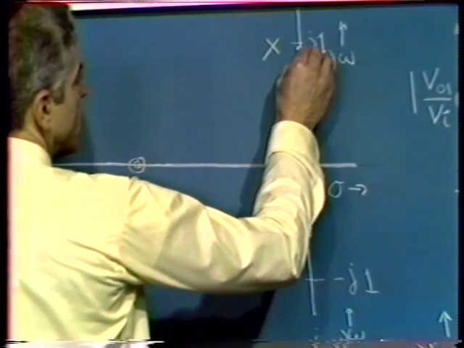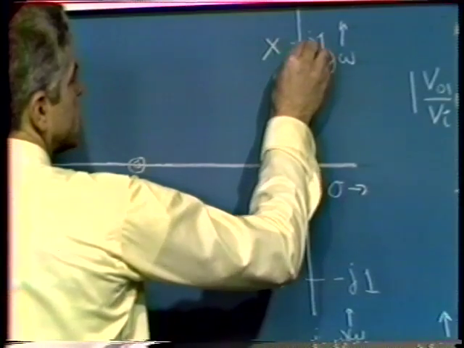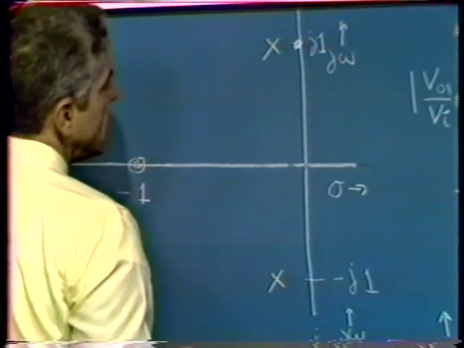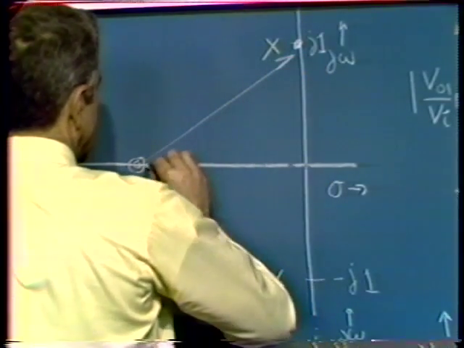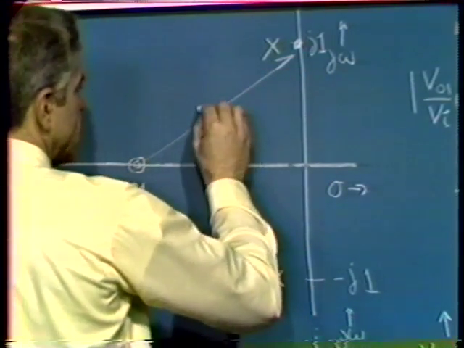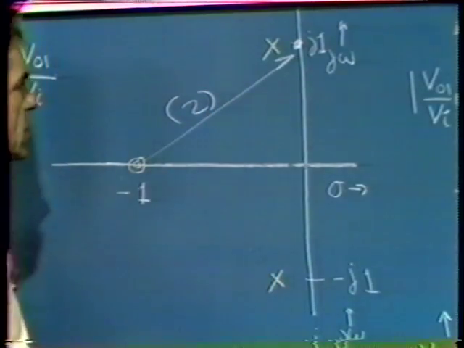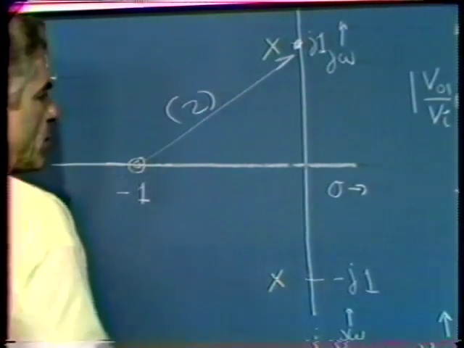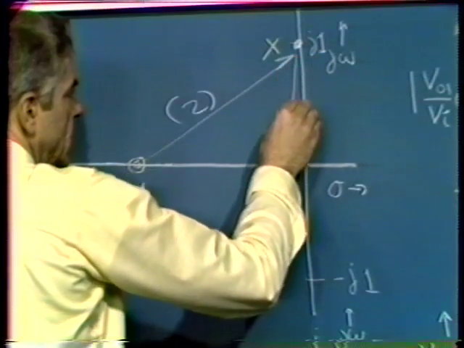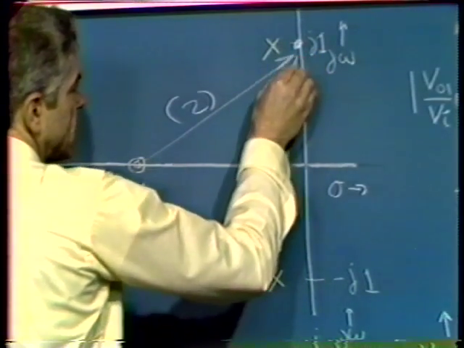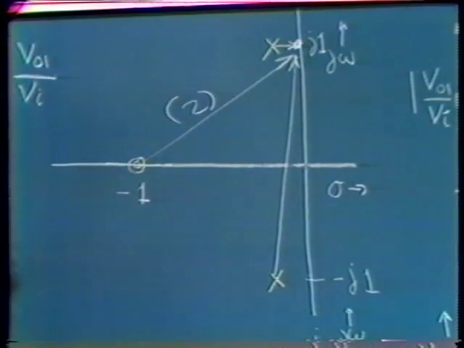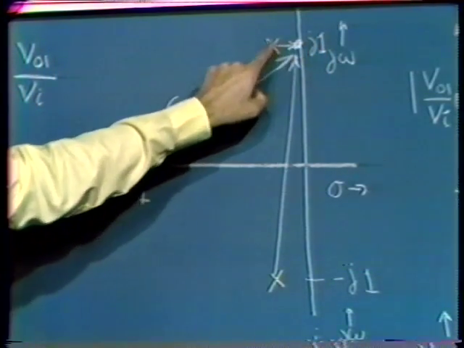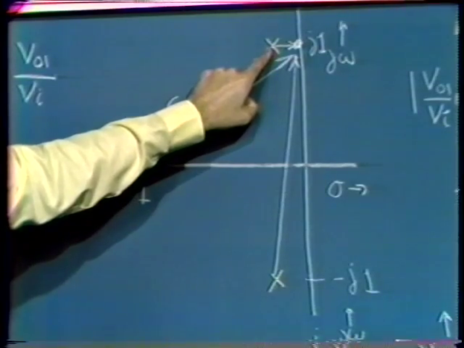If we evaluate the frequency response, for example, at this frequency, we get the product of the lengths of these two vectors. There's actually two in here, of course, since there's two zeros. That's the numerator, and we divide that by the length of this vector and by the length of this vector. But this vector becomes quite small, and consequently, in the vicinity of the closed loop pole location, we get a